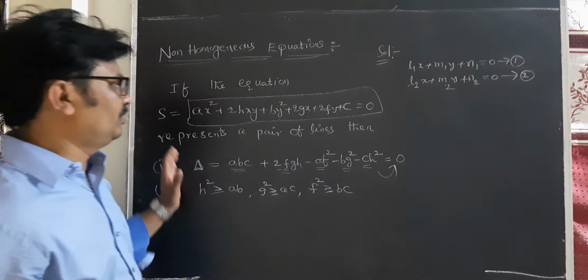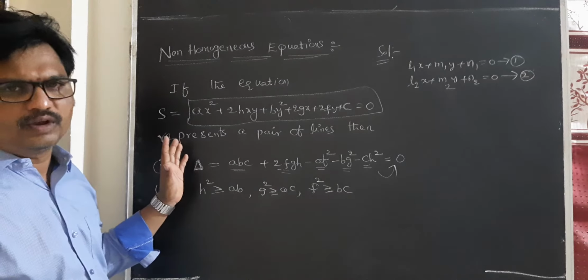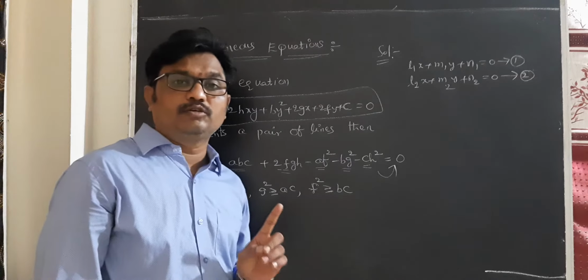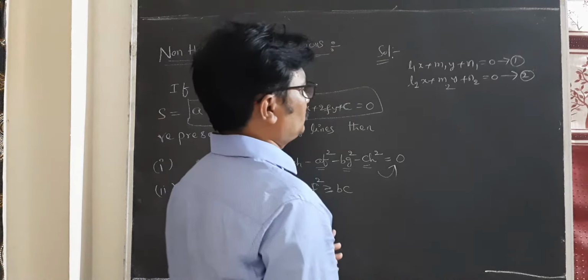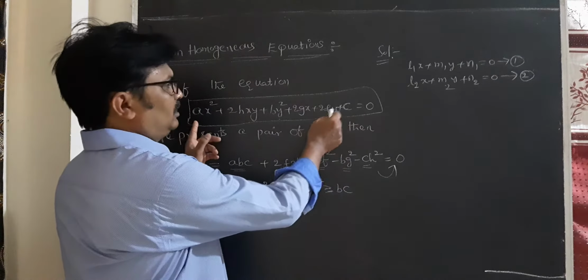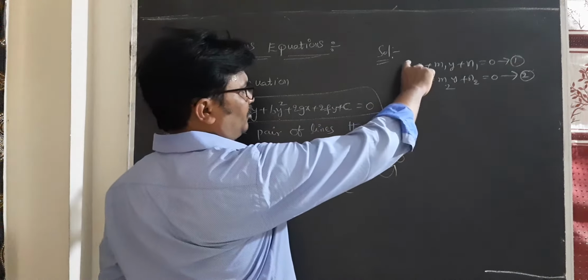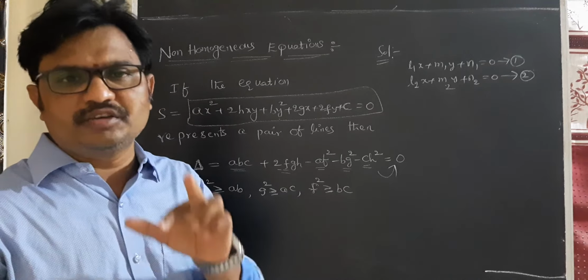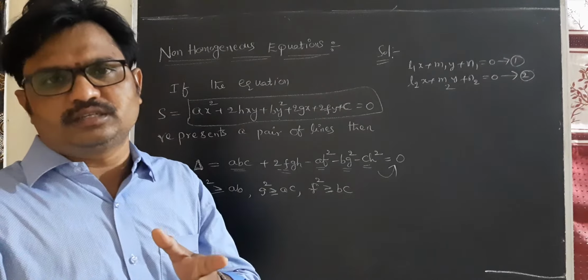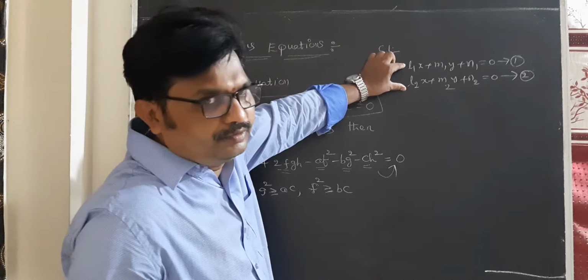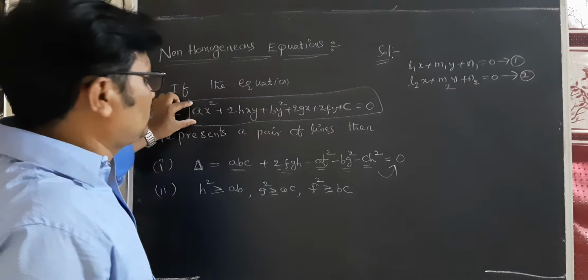Now students, the given equation represents the pair of lines. Now students, equating the alike coefficients on both sides. Dear students, compare this equation with the combined equation. The combined equation, students, is the product of the two equations. That is called the combined equation. First of all, we take the product of these two, then equate it to this one.